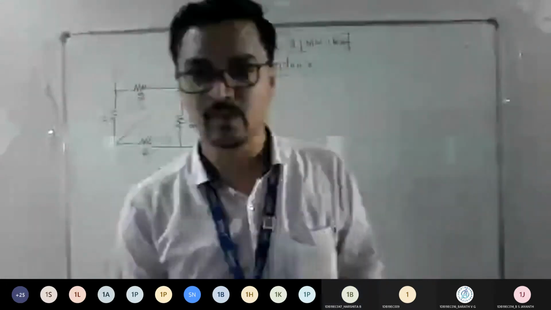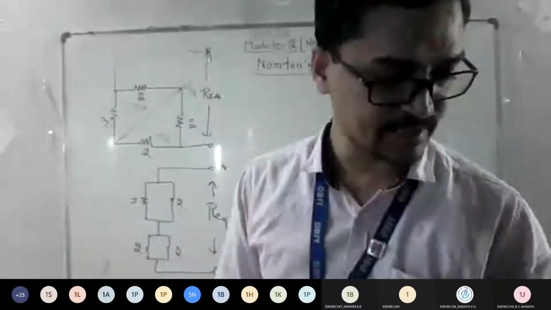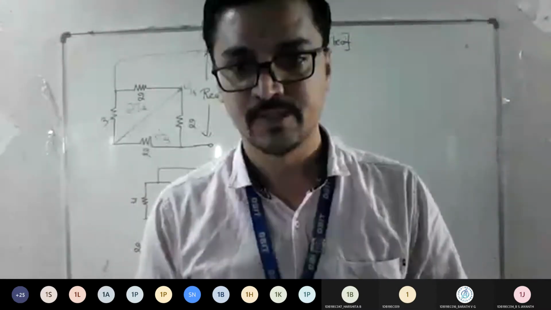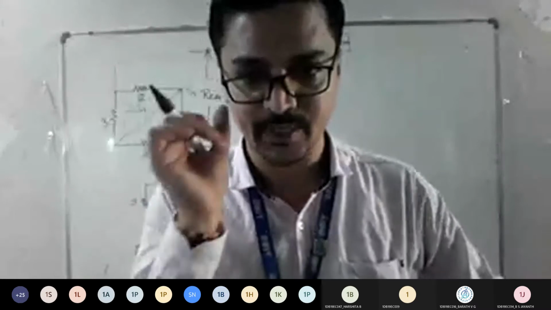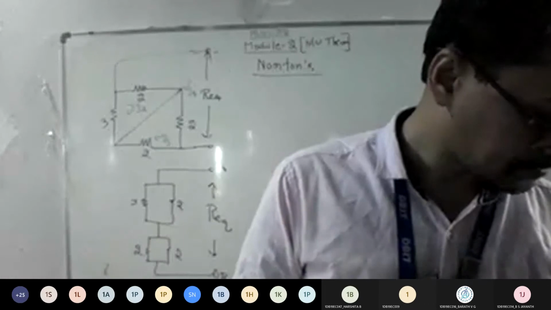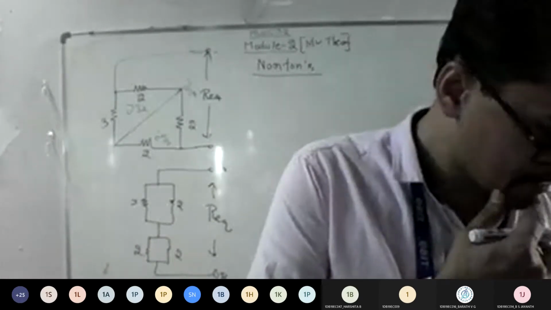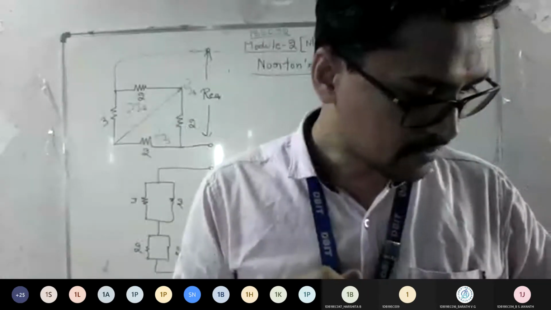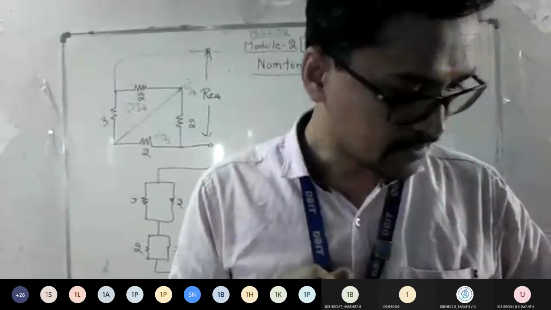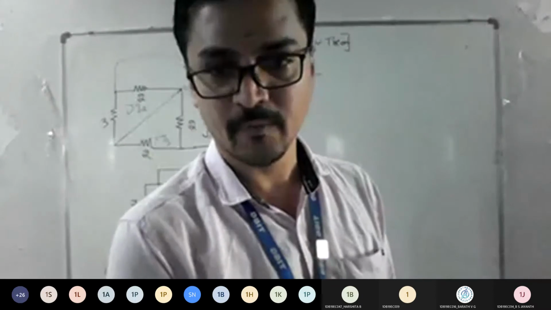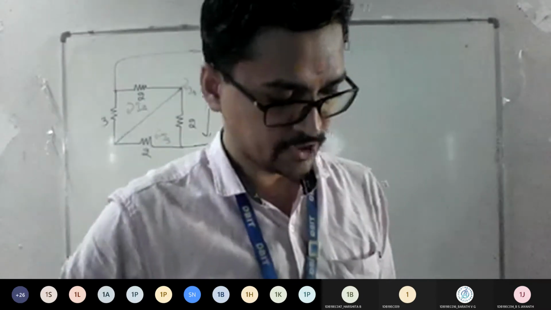So we can apply the logic for your RLC element also. So let me give one problem based on RLC. It's a 12 marks question, so write down the important points now. 12 marks question. So obtain the Norton's equivalent circuit for the network shown below.